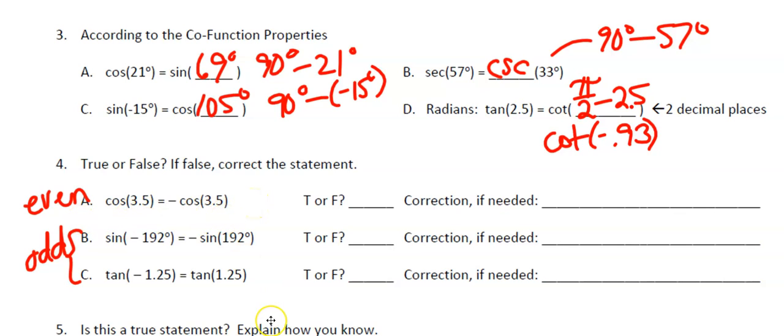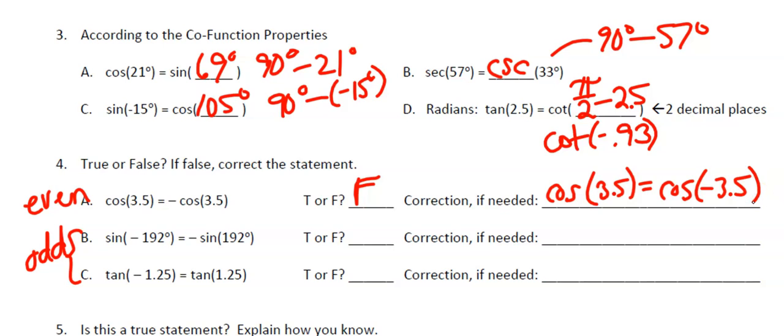Part A is a false statement. The reason it is a false statement is I don't have opposite inputs. What this one says is if I put the same number in, I get two different outputs, opposite outputs, which doesn't make sense. What we want to do is put opposite numbers in and get the same number out. So the way that this should be written is cosine of 3.5 is equal to cosine of negative 3.5. And remember, when we look at a cosine graph,